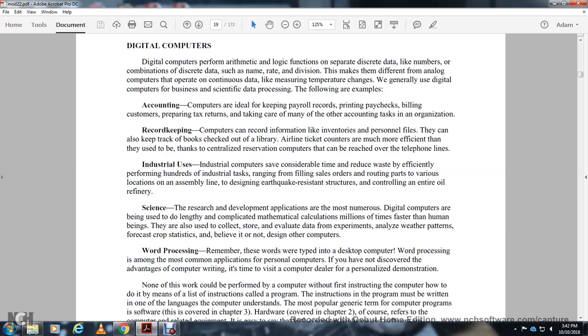Word processor. Remember the words you type on the desktop computer. Word processing is the most common application of the personal computers. If you've not discovered the advantage of the computer for writing and design, visit the computer dealer for a